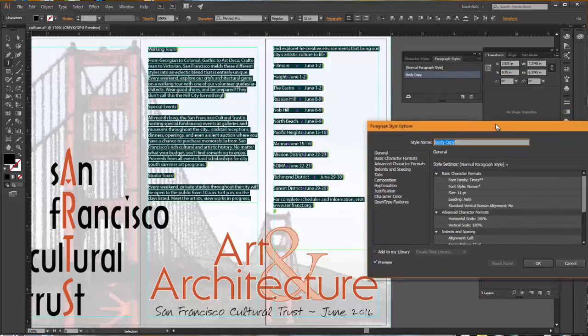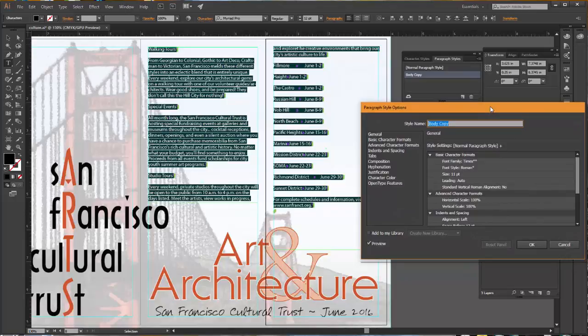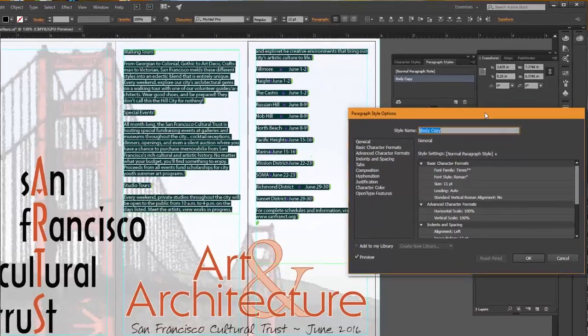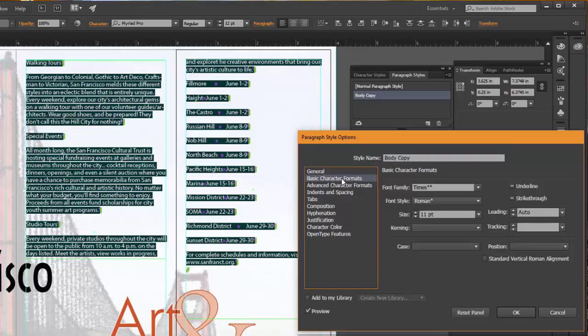And I'm going to drag this off to the side so we can see the changes that are made, and make sure I don't drop it off the edge of my recording screen. First of all, we can just see what's going on under general, but we're going to go to basic character formats. We want a nice sans serif font, and our book is telling us to use, again, Onyx,